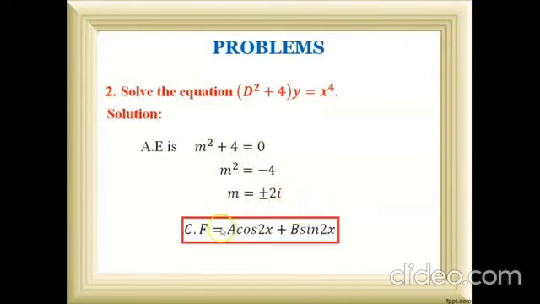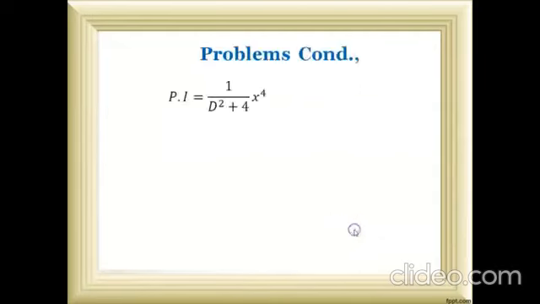So therefore, for the imaginary root, the complementary function is e power alpha x into (a cos beta x plus b sin beta x). Here alpha value is 0. There is no alpha, real part value. So let us take alpha is equal to 0 and beta is equal to 2. After replacing it, I will get the complementary function as e power alpha x, value 0. So therefore, e power 0 value 1. So a into cos beta x plus b into sin beta x. Here beta is 2.